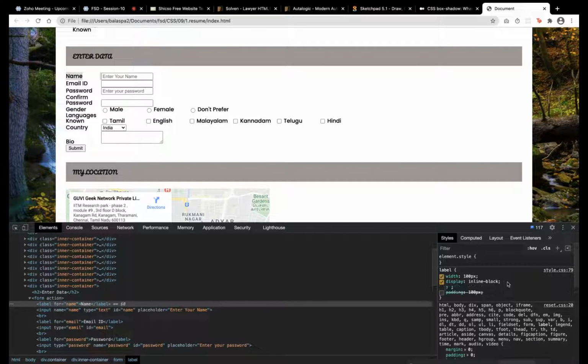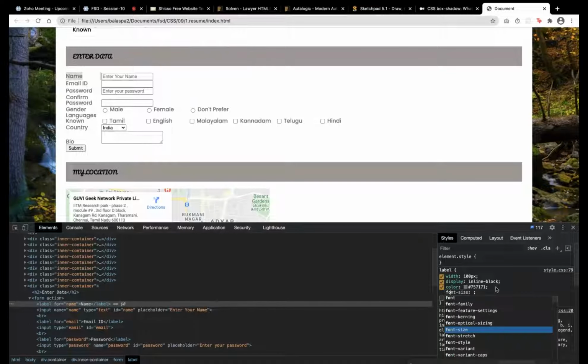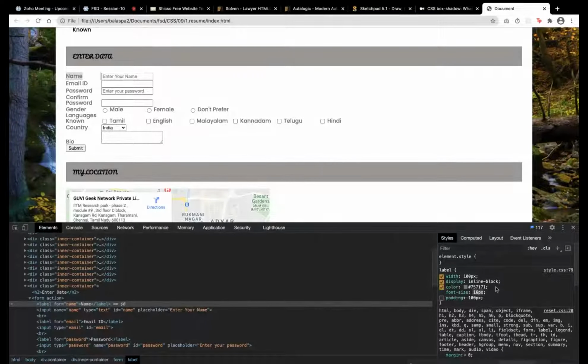So with inline block, I can change the color also to CCC, dark gray color. I can change the label font size. Okay, I'll apply these styles to the label.